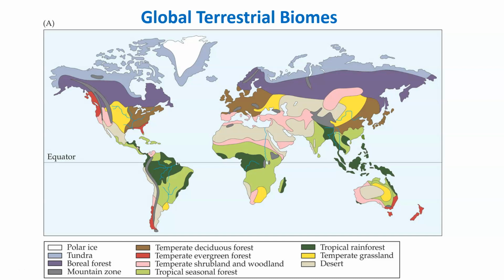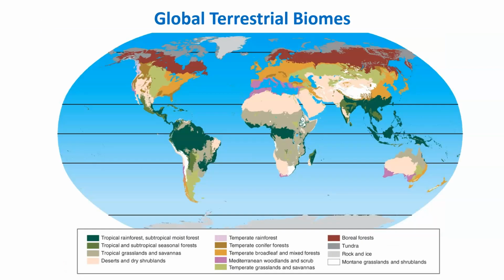Actually, no. The relative distribution of each biome, yes, like a very approximate knowledge about in what part of the world a particular biome is found. Is it closer to the equator? Is it further away from the equator? Is it closer to the poles? Is it further away from the poles? Like that, an approximate knowledge of the geographic presence is what I expect. I do not expect you to memorize these maps as they are. Okay, so keep that in your mind very well.